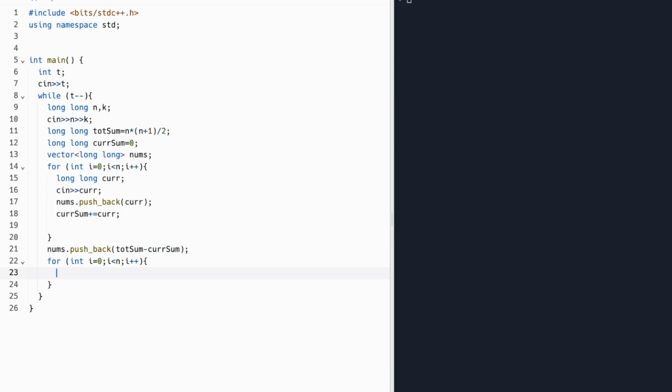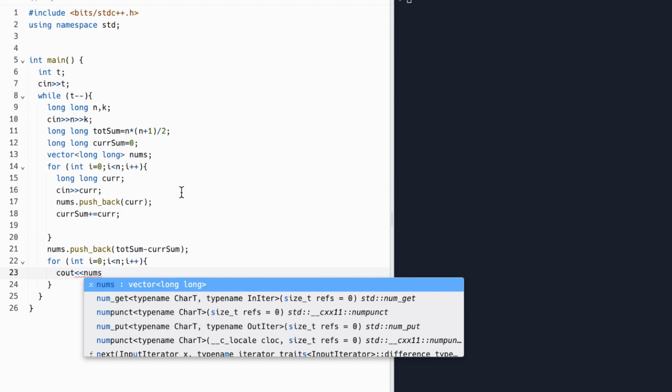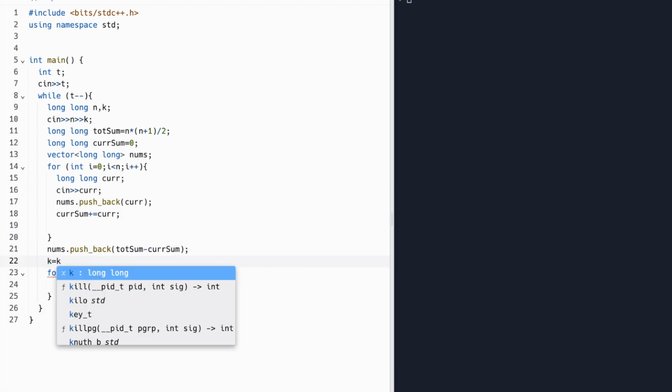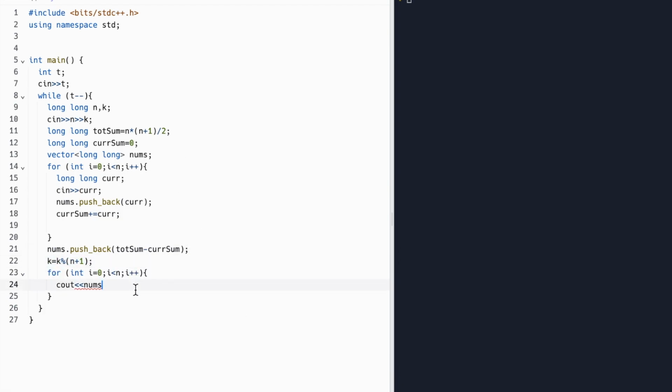Let's work on our output now. So how can we rotate our array k times? First, let's make sure we can use k properly. So let's mod it by n plus 1, as in n plus 1 rotations, we go back to the original. Next, we'll rotate backwards by k, and then we'll add n plus 1 to make sure we're left with a positive index, and we'll mod by n plus 1 to get our output. And finally, we'll output our n